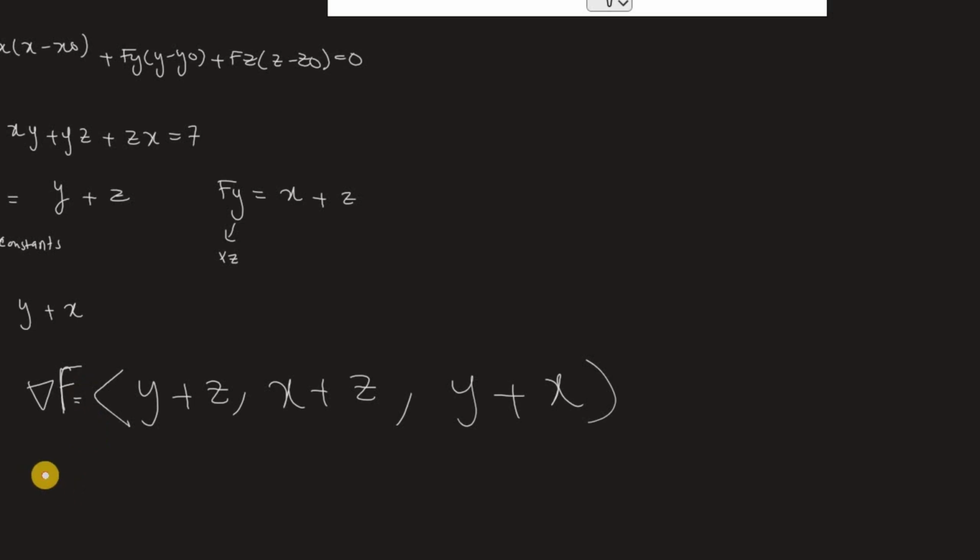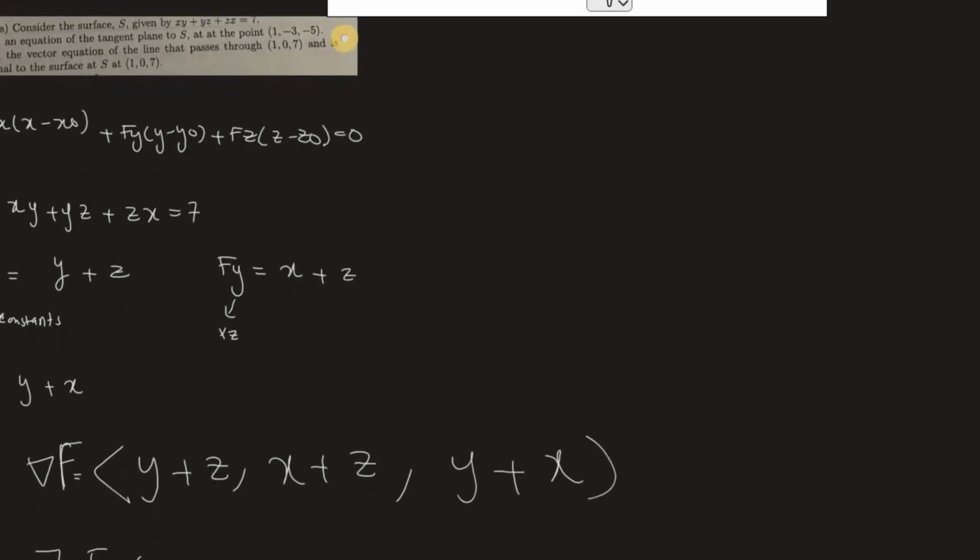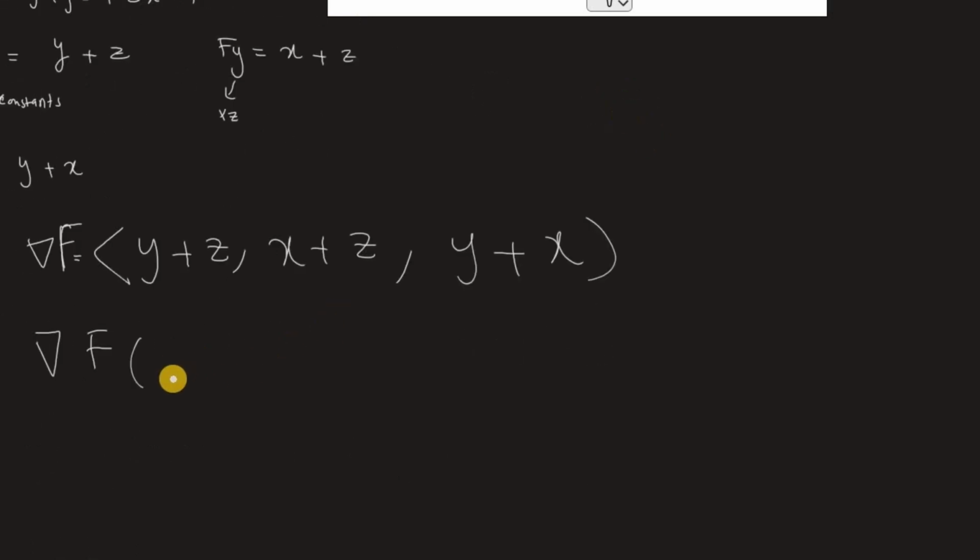Okay, now we're going to evaluate this gradient vector with the given point that we have. So the given point that we have is 1, -3, and -5. Okay, so we're going to evaluate it at 1, -3, and -5. So this is x, y, z. We're going to plug in these points x, y, z into